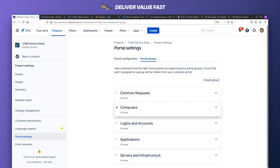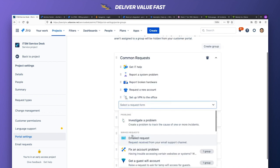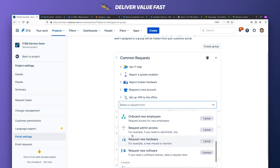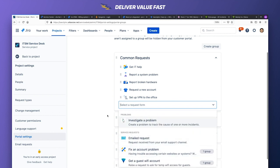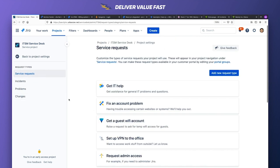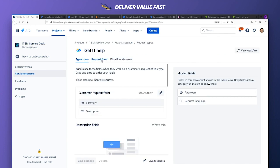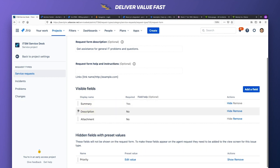We make the portal groups relatively easy to edit and group. You can adjust the groupings. You can adjust within particular groups the order of particular forms. It's relatively easy to add new request forms. Again, technical and non-technical teams can easily do this work. And then even within the request forms, when you dive into particular fields for a request form, you can easily edit the order of the visible fields,